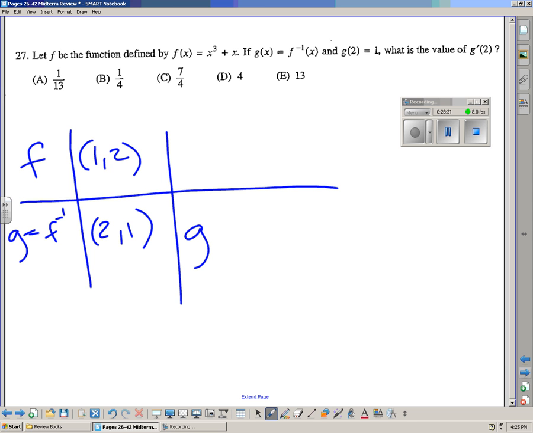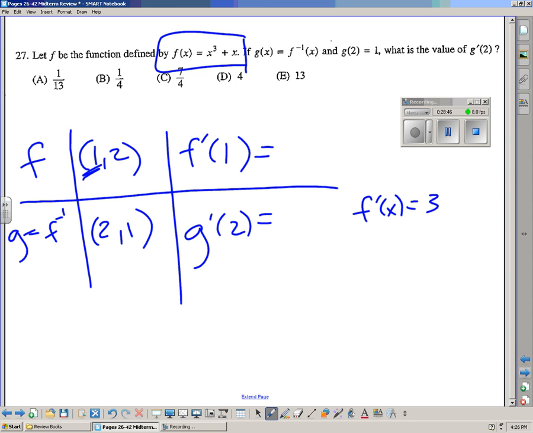So if we want to find the value of g prime at 2, that's what we want to find at the end, we need to find the appropriate value of the derivative of f, and the appropriate value we need to find is f prime of 1. Well, how are we going to do this? We were given f of x, so on the side here, we can just differentiate it. So the derivative is 3x squared minus 1. So f prime of 1 would be 3 times 1 squared minus 1, which is 3 minus 1, which is